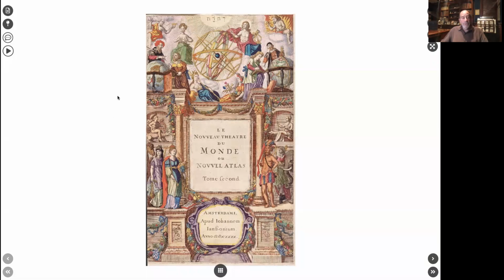I'm going to be introducing you, hopefully briefly, to an exhibit that Tom Paper and I put together from some of the items in my collection, these being title pages of atlases, and selected just a few of them, and it's a short exhibit. I'm attracted to these because they are often beautiful in terms of the artwork. They're beautifully colored. They have a lot of detail. The engravings are high